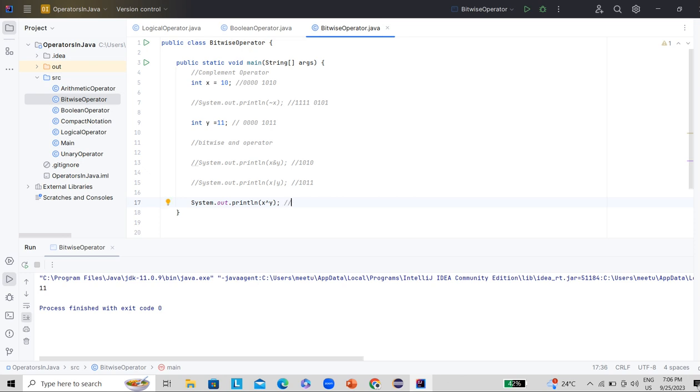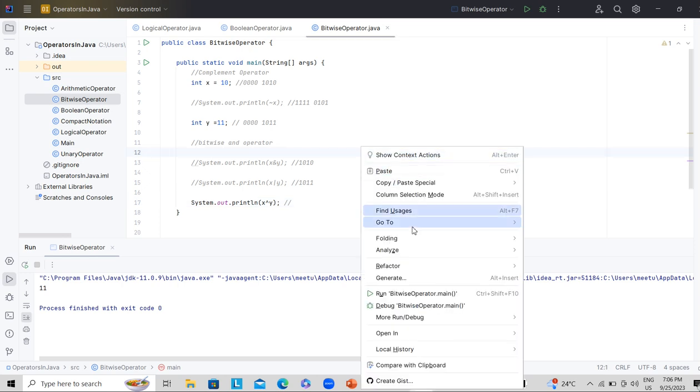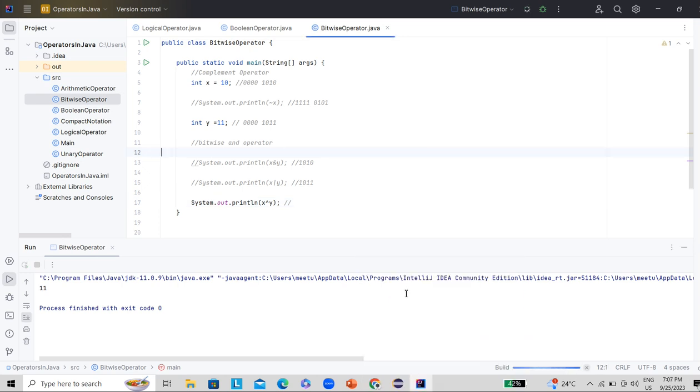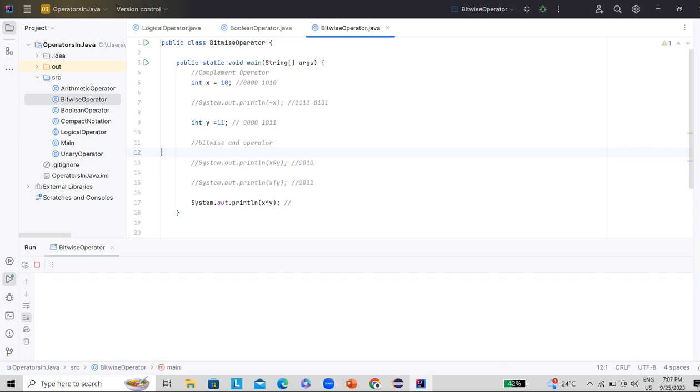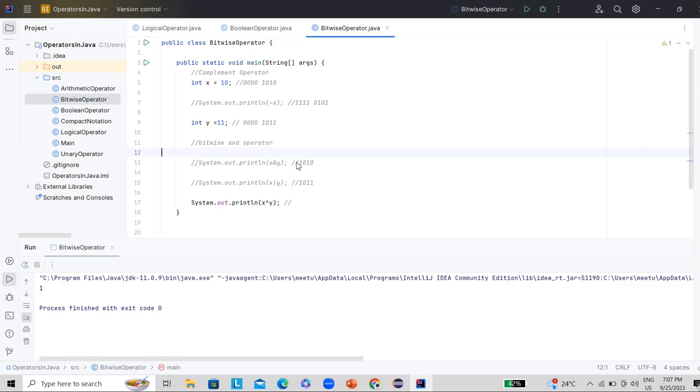If you calculate it with the simple math formula, this is how it is going to come. Let's see what is the output in Java itself, then we will calculate manually. Yeah, it is printing 1 only. Why? Because there is a formula to calculate it. You can go through any math formula in an online tutorial and calculate it manually. So this is how it performs the XOR operation. Here it is going to return 1. Basically it will be 0 0 0 1, like this will be the output.